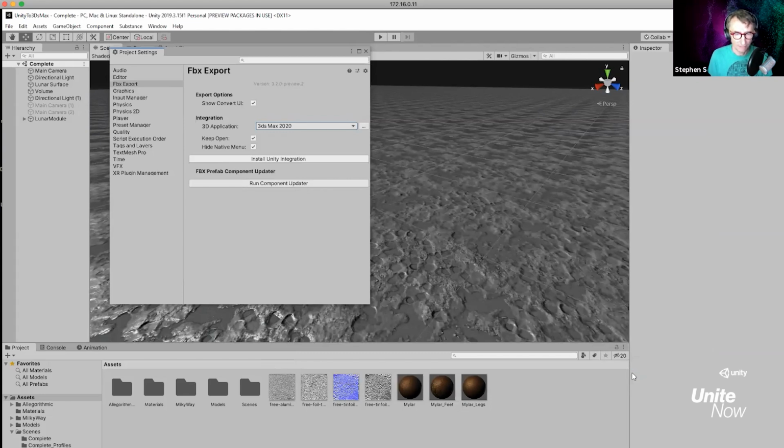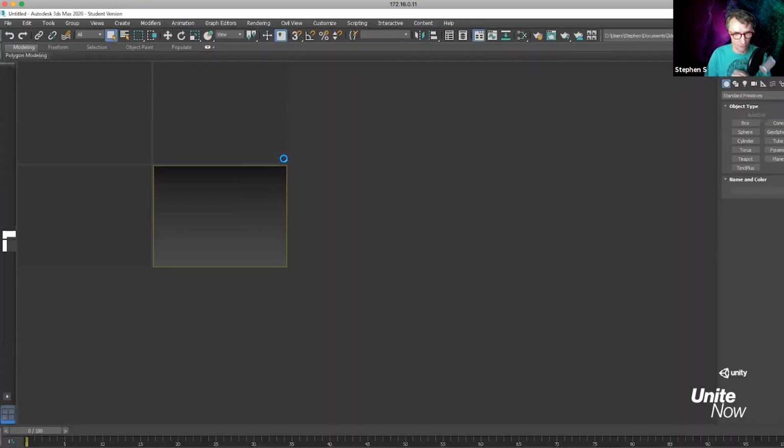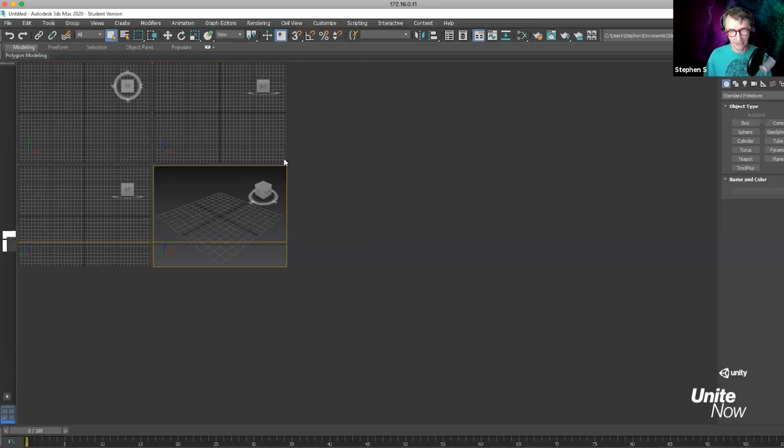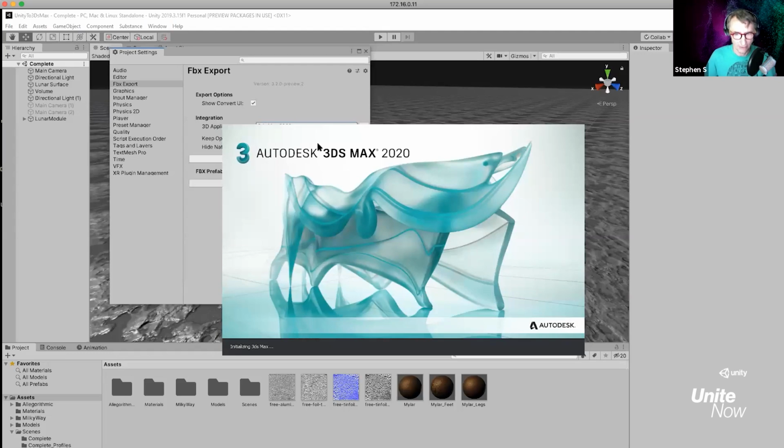When it does that, it's going to take a while. So you guys are going to have to be patient, because what's going to happen is it's going to install that integration and start up 3ds Max in the background. It will take a while, so don't think that something didn't happen. Once you click Select Folder, you'll see eventually, like we see now, 3ds Max is starting up. You don't see any indication until it has started up. So don't keep clicking install integration. It'll start up for you.